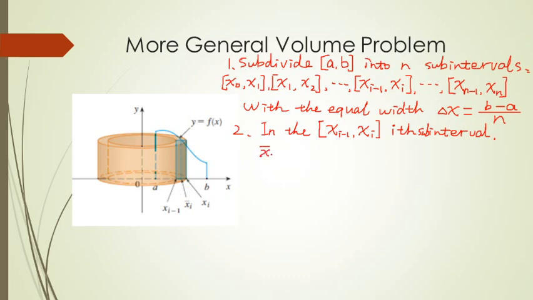So in the i-th subinterval here we have x_i bar. What is my x_i bar? That is the middle point. We use this notation for the middle point in the i-th interval. How can we find the middle point? The middle point is (x_{i-1} plus x_i) over 2. Now, how can we form this rectangle? How can we obtain this rectangle? So for the i-th approximating rectangle,